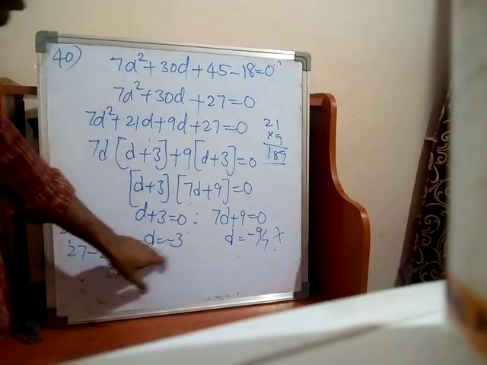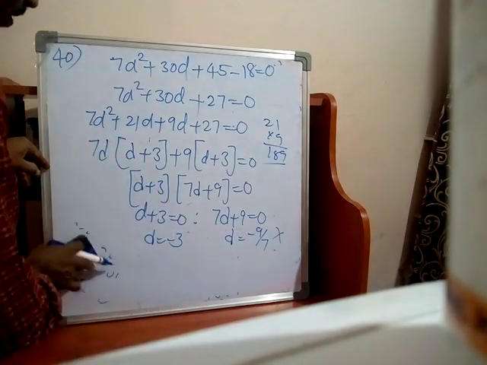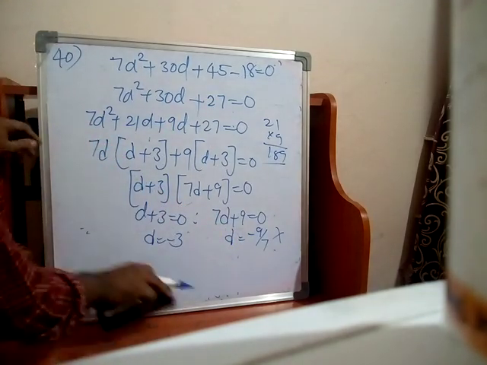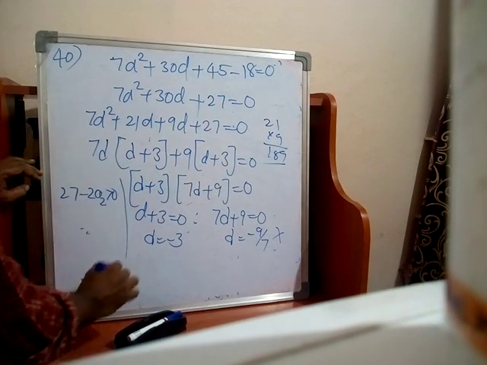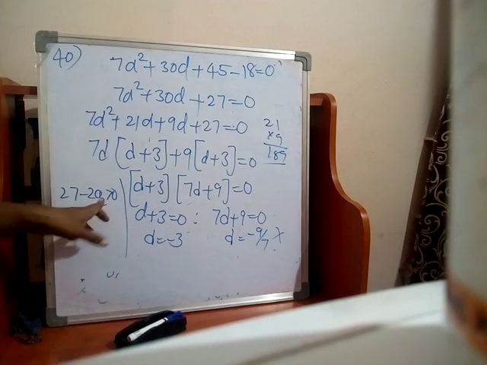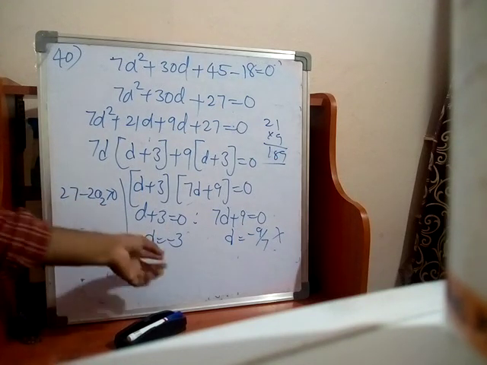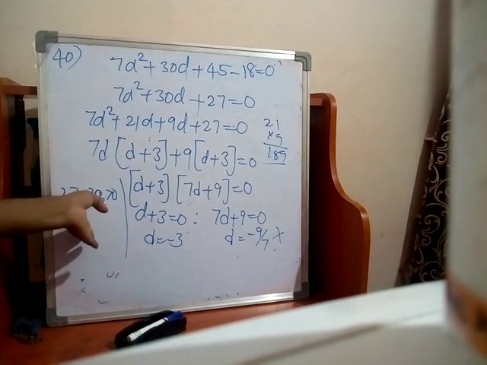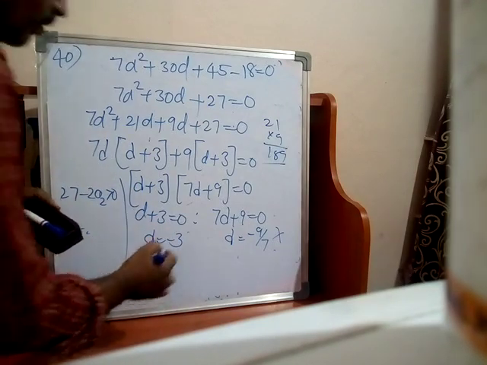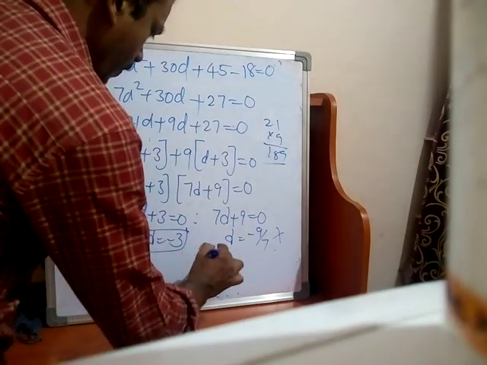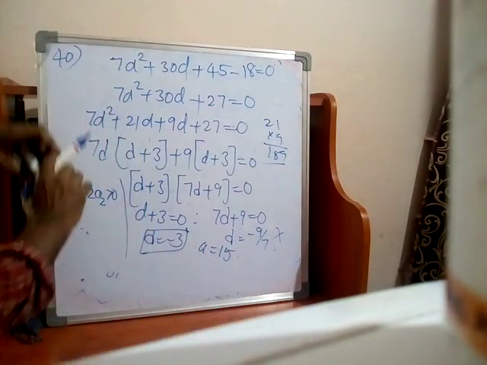Verification, so this one or this one. So we have to do verification with the given condition, 27 minus 2a2 is greater than 0. So this value is substituted here, verified. If correct, this is the correct one. If not correct, not getting this, then that is not a correct option, like that only. Okay, so here d is equal to minus 3, a is equal to how much? 15. What is being asked?